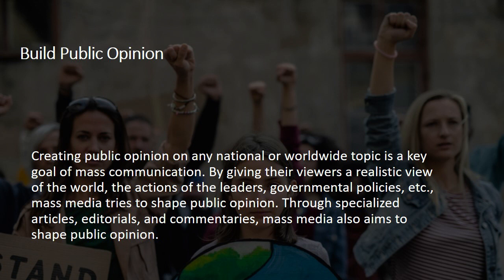So this opinion is gathered. The public gathers information from the mass media or mass communication. The communicators are giving us information, and that information is received, thus creating a strong opinion. This opinion is also created due to the presence of mass communication. It is quite obvious and simple.